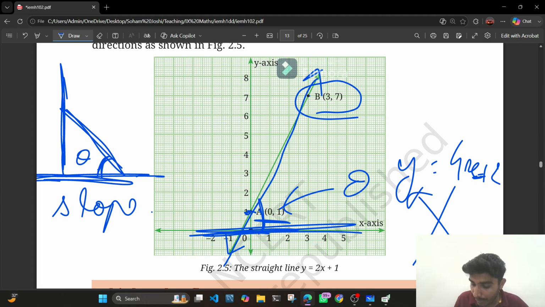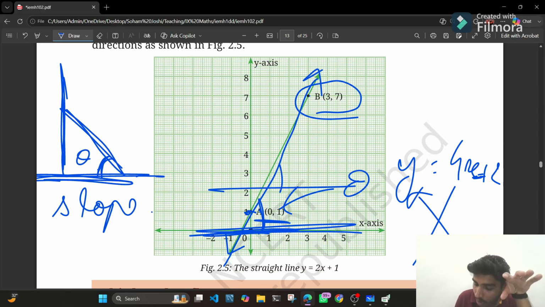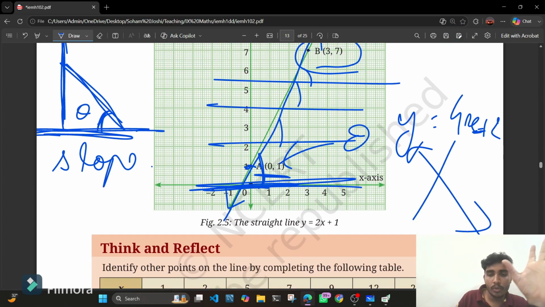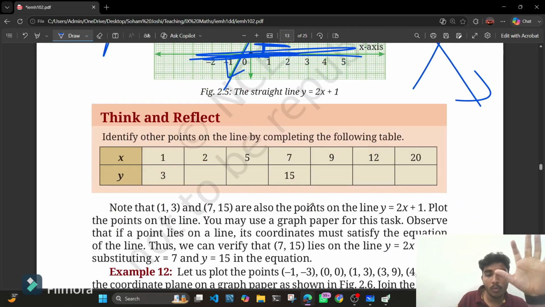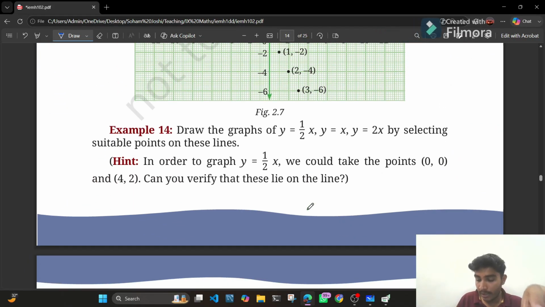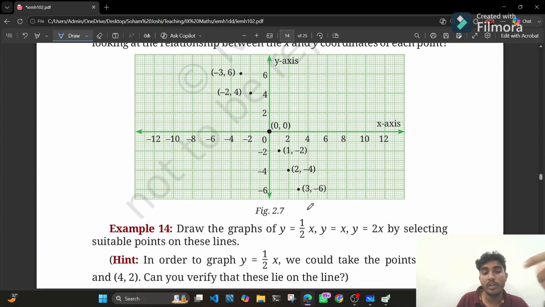Some angle is made by this line with the x-axis, so that is called a slope. And this angle is constant everywhere, here it is constant, here also it is constant. Every straight line has only one slope. A different slope does not come at every point. So this is the concept of slope, and we have visualized linear relationship because every linear equation forms a